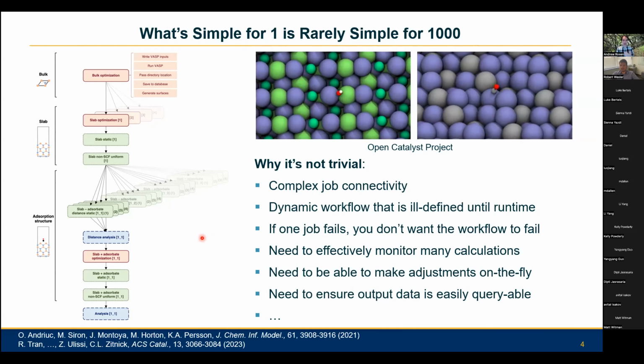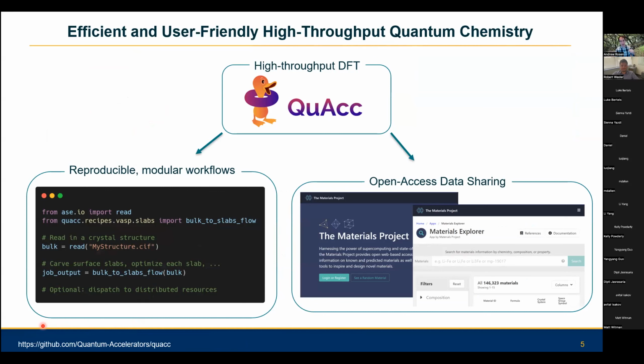Now, there are many tools for this, and I will just briefly do a pitch here for one that I've been developing and I've used throughout some of these projects I'll be discussing, which is called the Quantum Accelerator, or QUAC for short. It is meant to be a Pythonic workflow tool to make reproducible and modular workflows specifically for quantum chemical calculations. It's very user-friendly with the idea that you can just import predefined recipes and use standard libraries in the community like the atomic simulation environment to